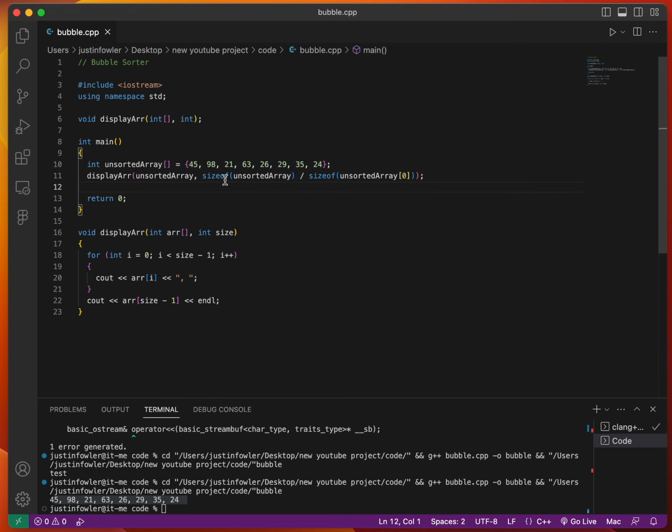Okay, so real quick, the reason why we're doing this is because size of unsorted array is looking at how many bytes are in unsorted array. It's not looking at how many values. So we know how many bytes are in the entire array. So then we need to look at how much is in just one